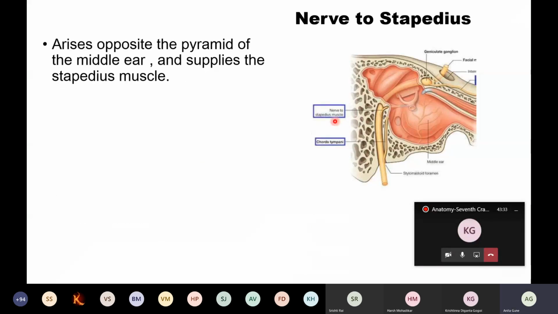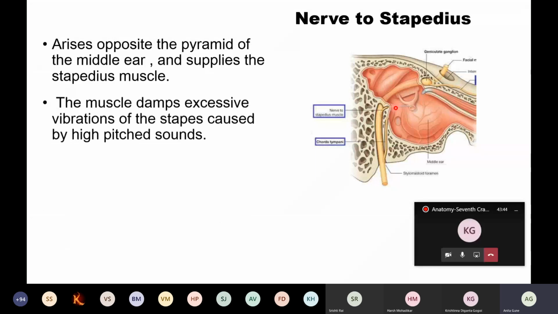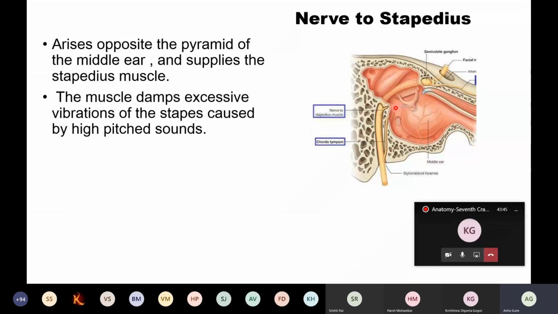Now coming to the another branch, which is the nerve to the stapedius. It is arising from the vertical part to supply the stapedius muscle, which is present in the middle ear cavity. This muscle is used for dampening the excessive vibration of the stapes. The stapes is an ear ossicle, so that we can protect the ear from the high